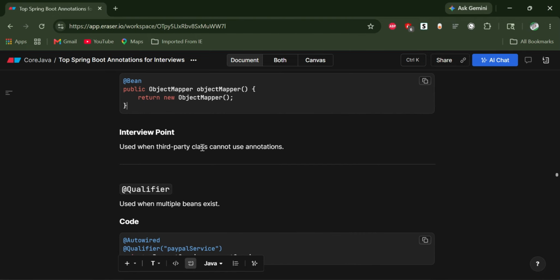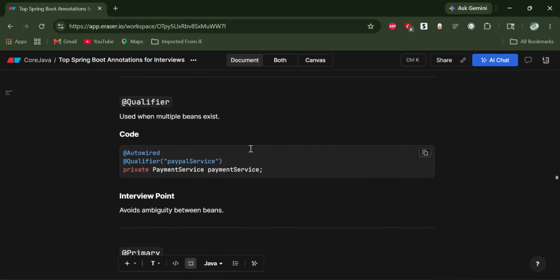So use it when third-party classes cannot use annotations. So let's go to the next one,